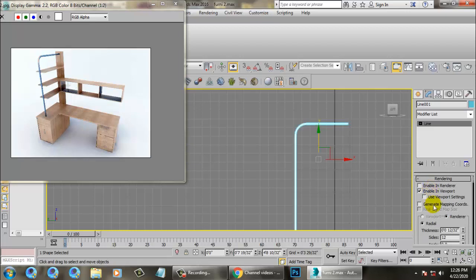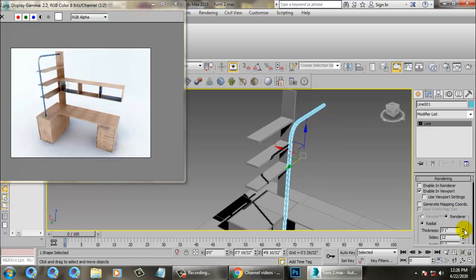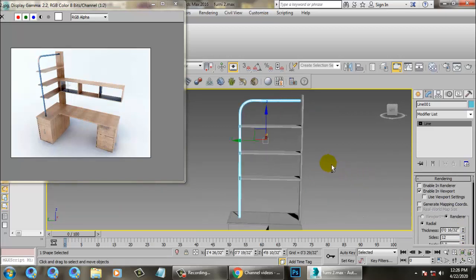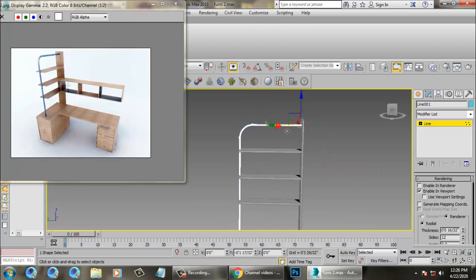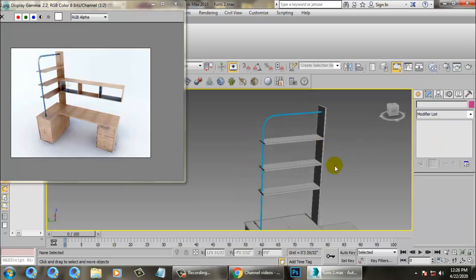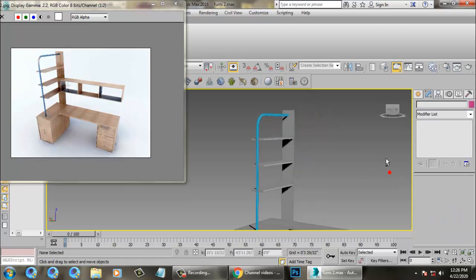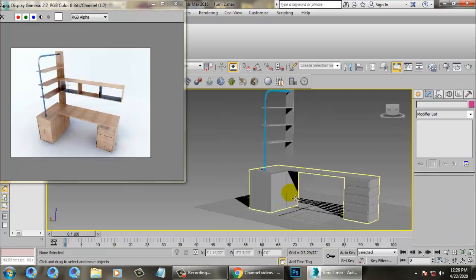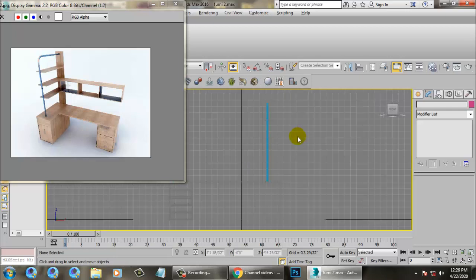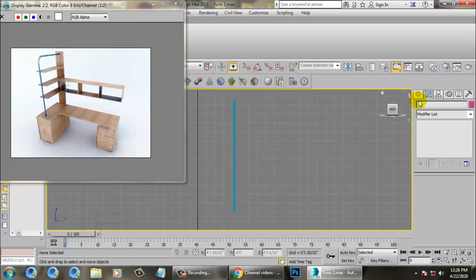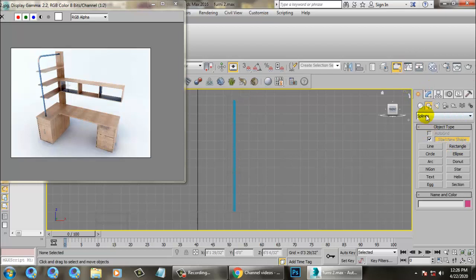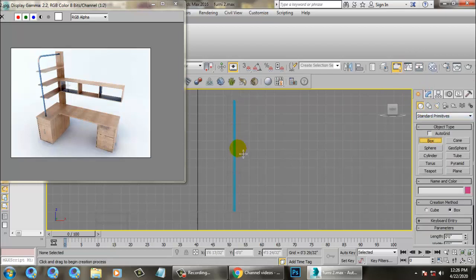After that, going to rendering, enabling viewport and increase its thickness. Whatever thickness you want to assign, you can assign it. You can increase or decrease the thickness as required. Alright. Now, once you are done with this, let's go to the front view and let's go into primitives